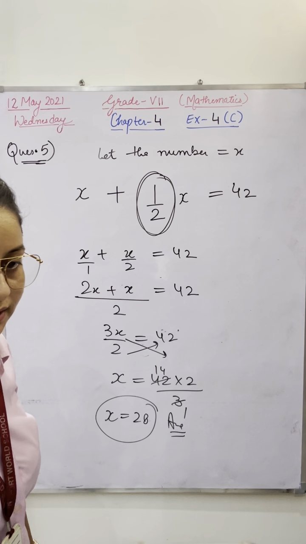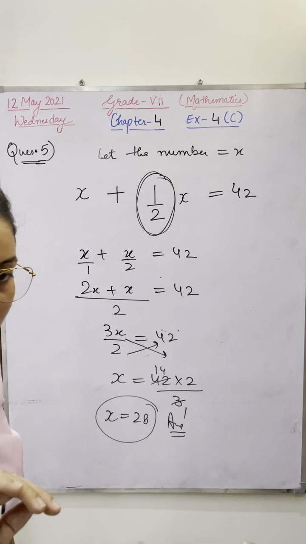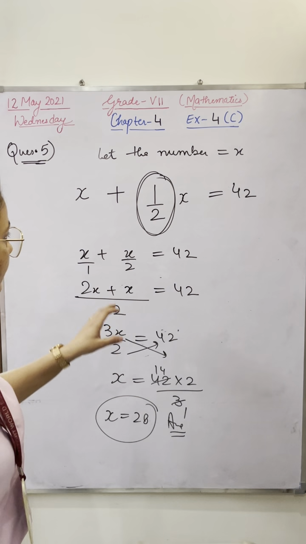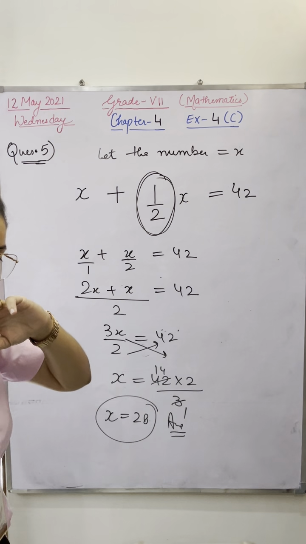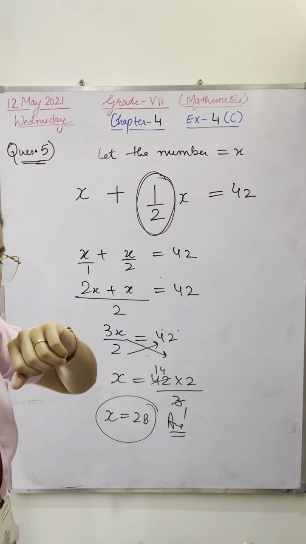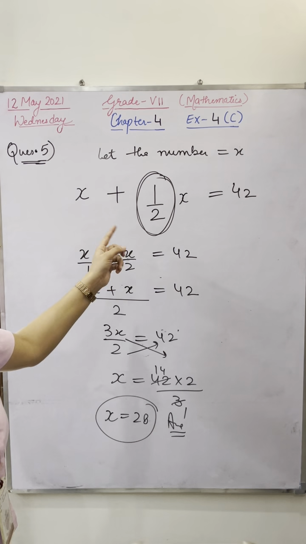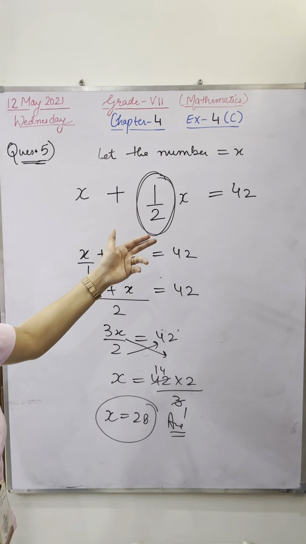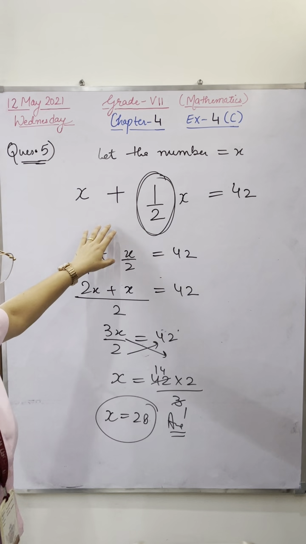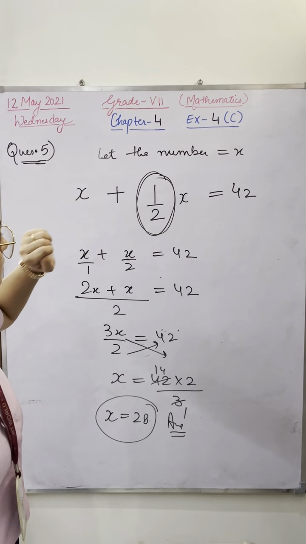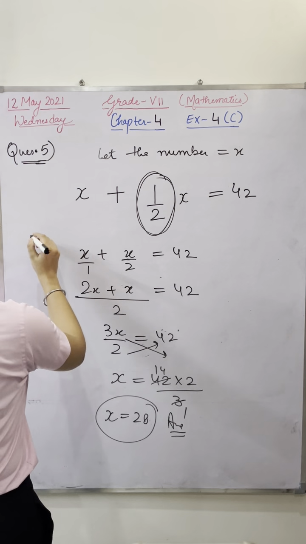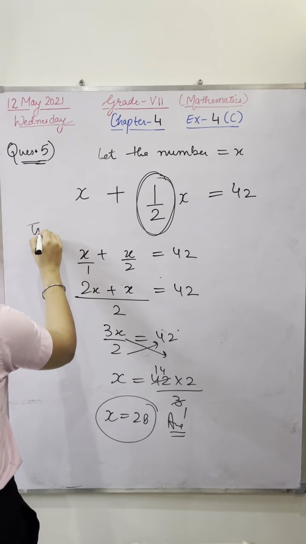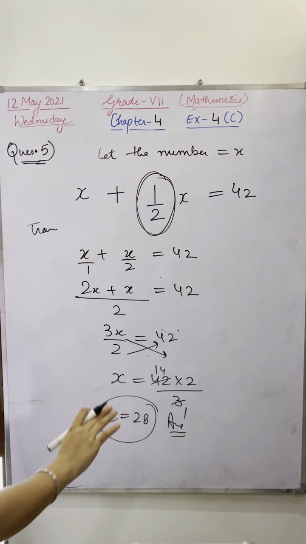Your voice is not audible properly. Good morning, ma'am. Angel, please tell me what you are saying. What do you want to write in the beginning? Ma'am, whatever we are doing, like divide and multiply on the other side, we don't have to write above. Multiply 2 on the right hand side like this. Okay, you are saying that you have to mention here transposing method and multiplication and division method. That you are asking.